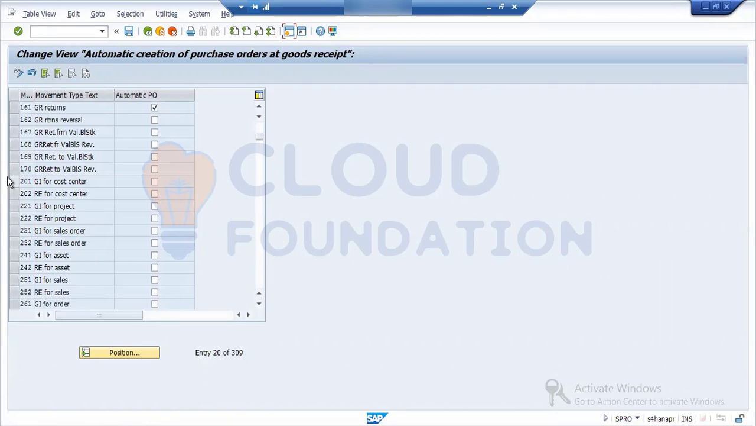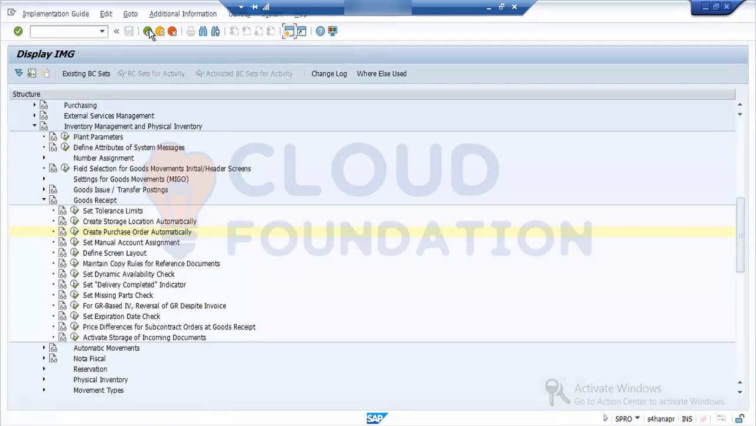Generally, once everything is done, if the configuration is not there, it won't create the PO. So that's why we will ensure this configuration is there or not. This is one of the configurations. The next one is